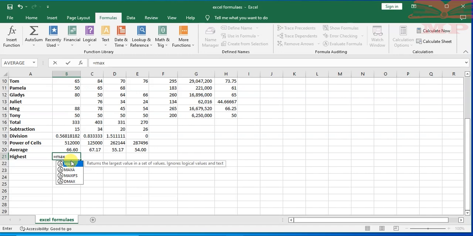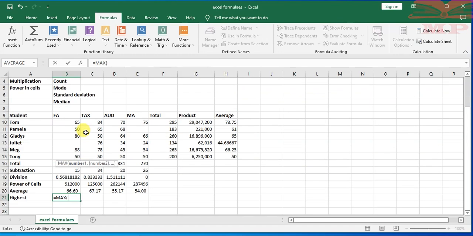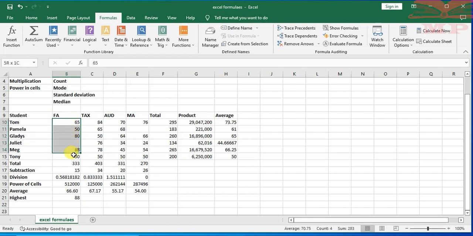Of course, this one is max. Then which one is the highest value? The highest value up to there. Then you close the bracket. This one gives you 88. So you can see in this set of data up to here, 88 is the highest value which has been